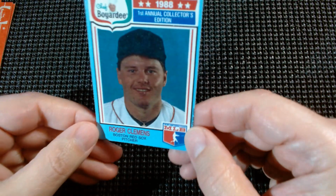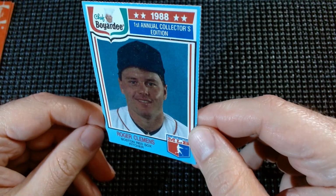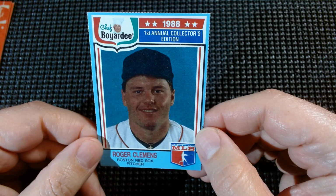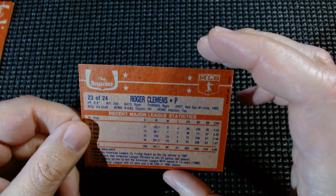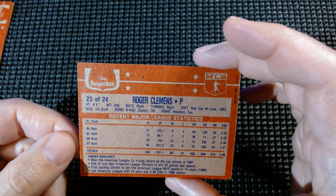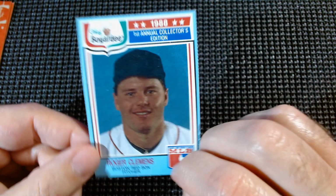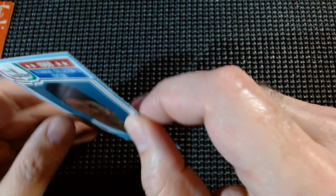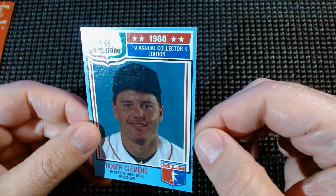Alright. Of course, Roger Clemens, he seems to be in pretty decent shape. Not great, there's some little issues there. Maybe some surface issues there, but it's still a cool looking card. A Roger Clemens fan, I'm sure, would love to have that in his collection. That's good. Would look good in a binder or maybe up on a shelf or something in the background. There's nothing wrong with that card. I'm sure you can find a better one, but